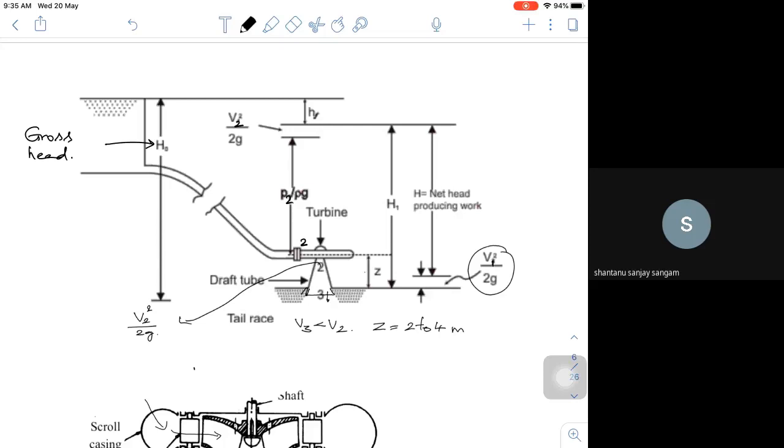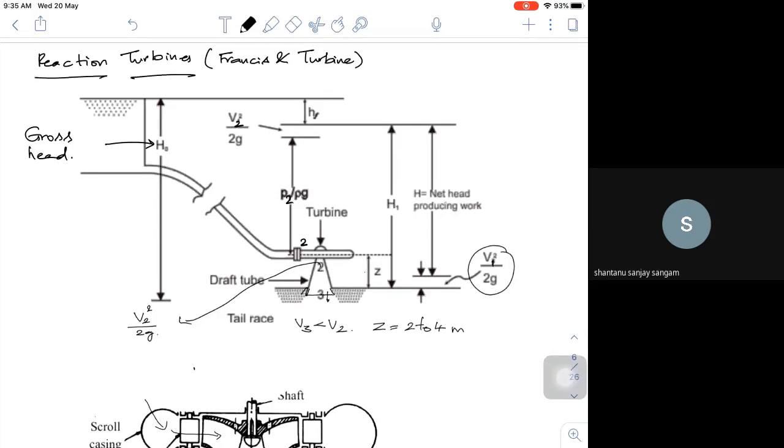So we'll start with the hydraulic turbines. In the last class, we looked into the Pelton wheel especially, and today we'll look into the reaction type of hydraulic turbines. So I put a simple sketch of it. Reaction turbines, we have both Francis as well as Kaplan. Construction wise, from the hydraulic power plant, it is very similar actually.